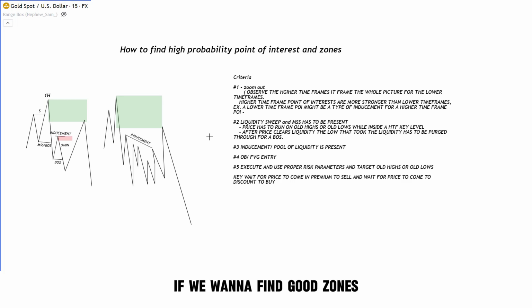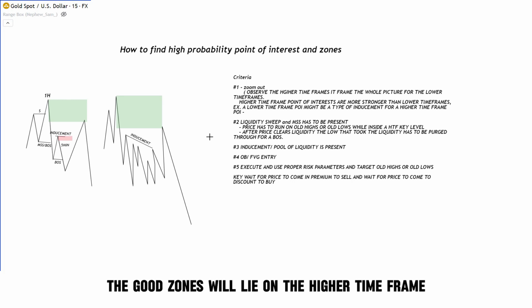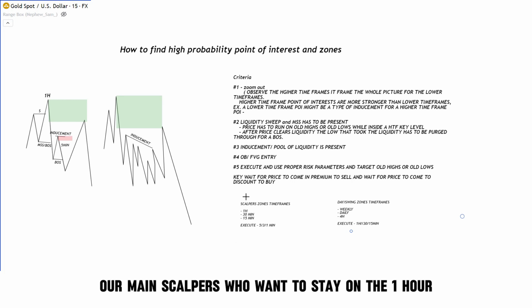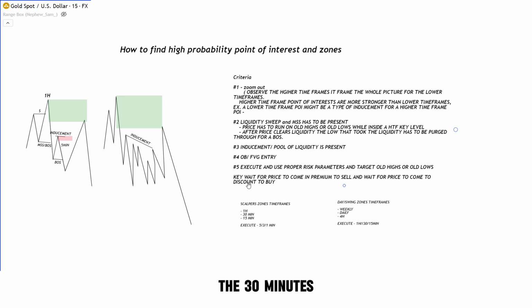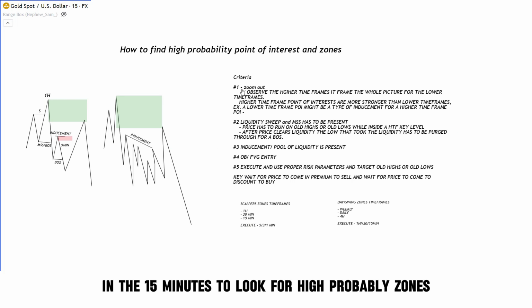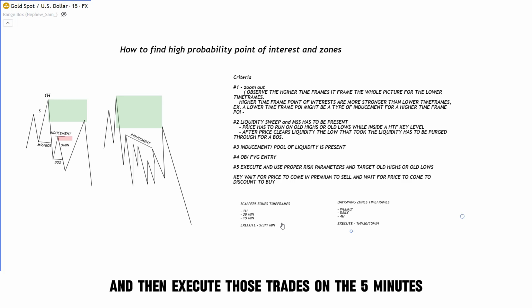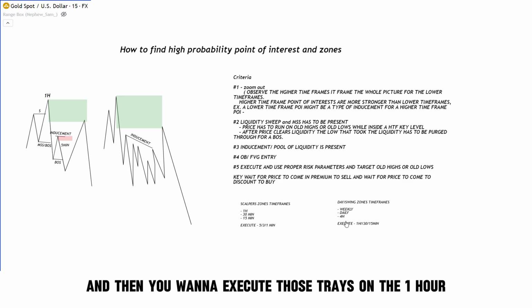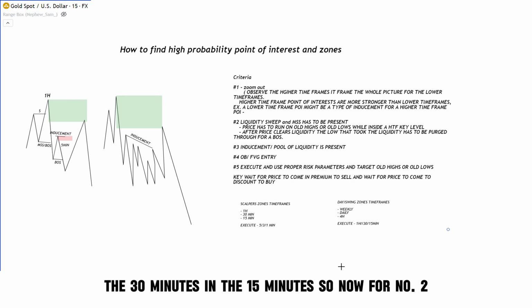If we want to find good zones, the good zones will lie on the higher time frame. For our main scalpers, we want to stay on the 1 hour, the 30 minutes, and the 15 minutes to look for high probability zones and then execute those trades on the 5 minutes, the 3 minutes, and the 1 minute. And for day traders and swing zones, the time frames for those are the weekly, the daily, and the 4 hour. And then you want to execute those trades on the 1 hour, the 30 minutes, and the